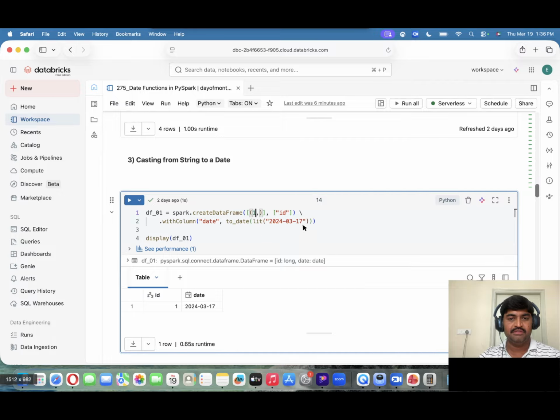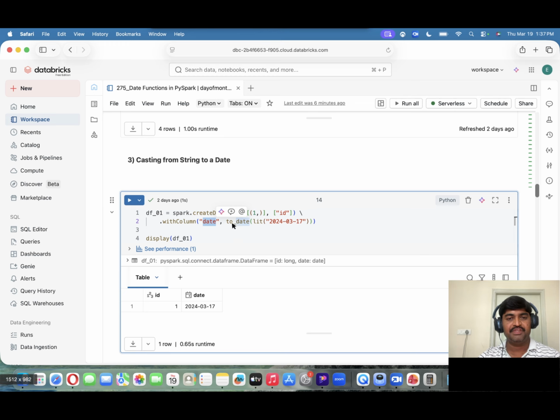By using this line of code, we will get only a single column, the column name is ID, and the value is 1. Instead of this, you can do one more thing, like spark.range(1). Both are the same. Now on top of this data frame, I'm using withColumn, and my column name